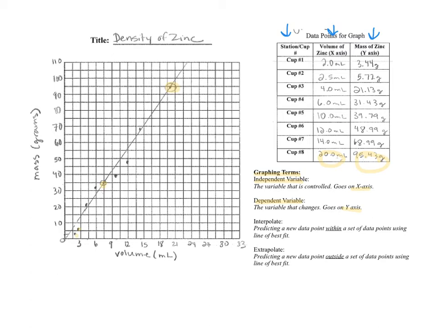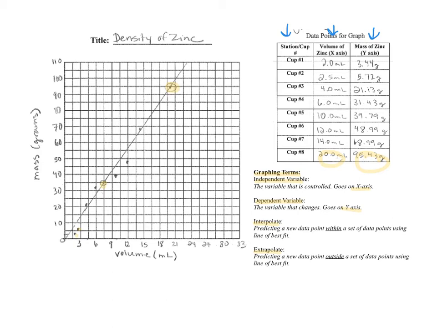So when we put a list of vocabulary, there's 2 I haven't talked about yet, and it's interpolation and extrapolation. So it has to do with predicting or making new data points based on your graph. So if you're interpolating, the prefix inter means within a set of data points. So for example, if I wanted to figure out, if we wanted to find on our graph here,